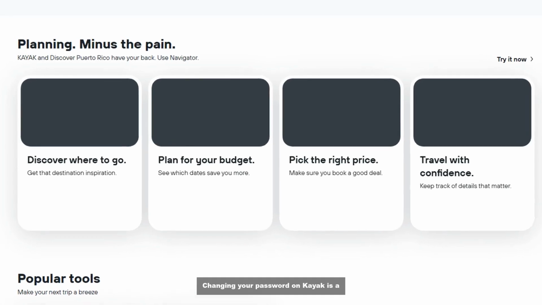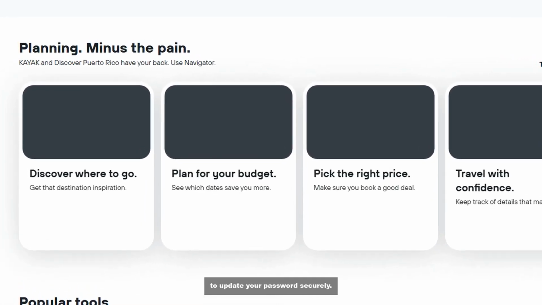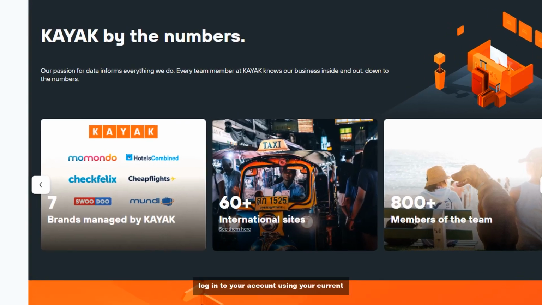Changing your password on Kayak is a straightforward process. Follow these steps to update your password securely. Step 1. Log in. Visit the Kayak website or open the app and log into your account using your current